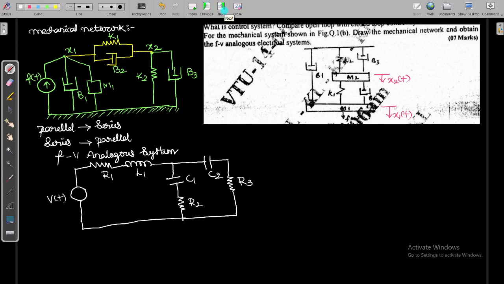Let us move to the next problem. See, this is another different problem: obtain the transfer function. First I will read the problem. Obtain the transfer function of the electrical system as shown in the figure. I think the question is not visible properly. Let us see here: there will be Vi, there will be V0, a capacitance C1, here C2, R1, and here R2.